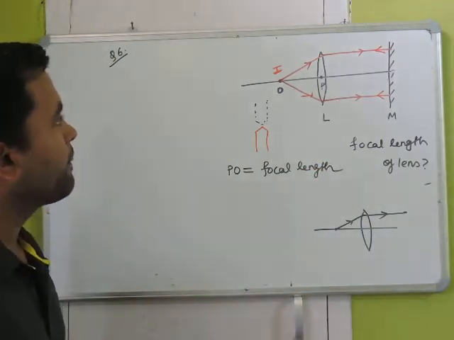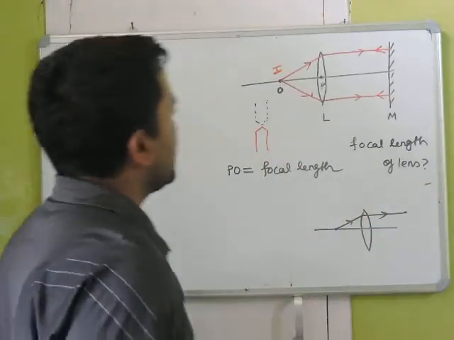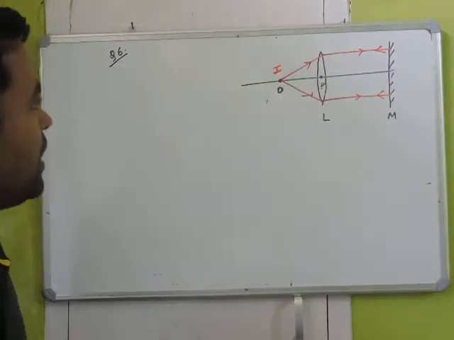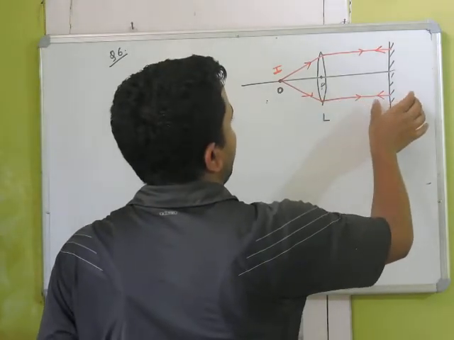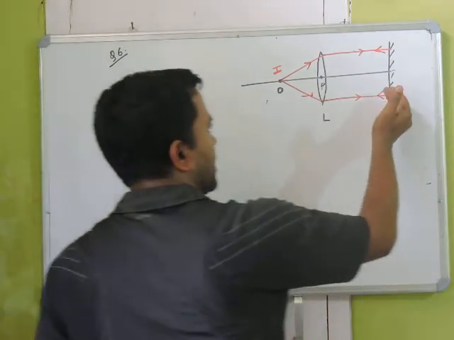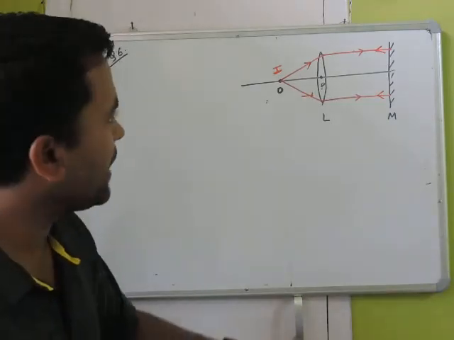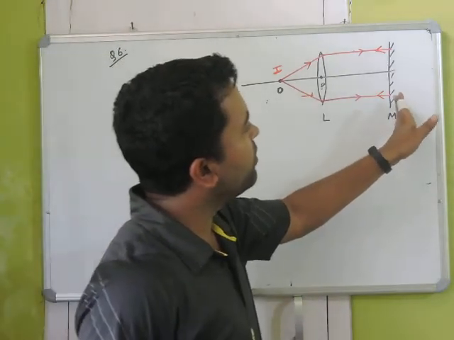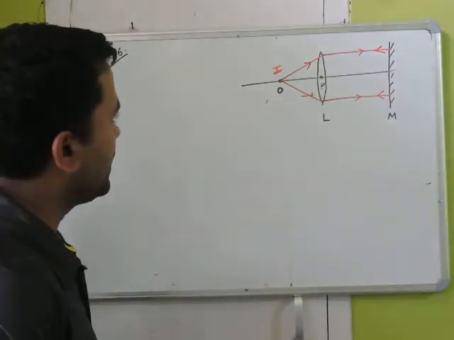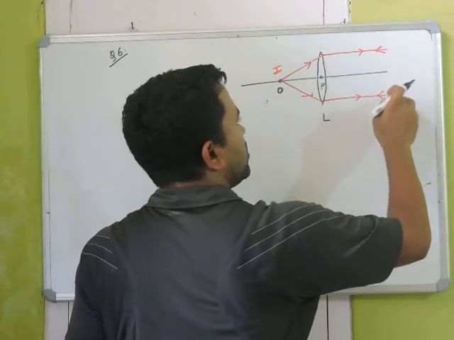Now the last part. They ask that suppose this mirror is moved by an amount equal to the focal length. Let us say the focal length is 10 centimeters. Suppose this mirror is moved back by 10 centimeters, where will the image form? Let me repeat again: suppose this mirror is moved by 10 centimeters, where will the image form? It turns out that if you move this mirror, let us say it was here, now you moved it here,